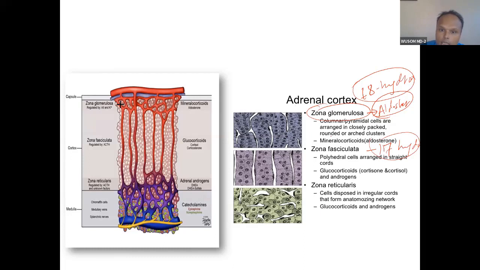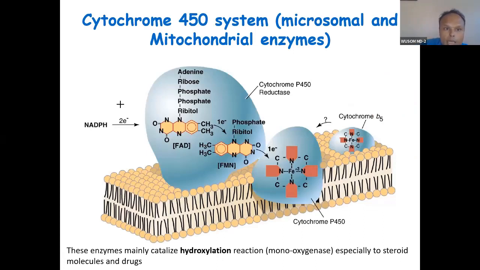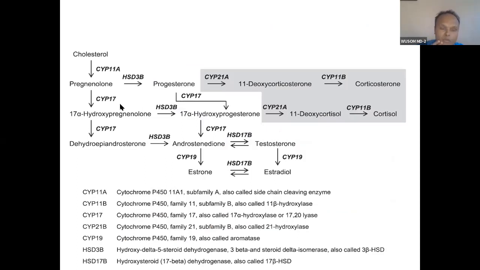So this is salt. As you go inside, it will become sweet. So this is salt, means this is aldosterone. These are glucocorticoid and sex corticoid. So you can see this is the main enzyme. You will see this is the cytochrome P450 system. I have been telling about this. This is the main enzyme that is actually responsible for the hydroxylation reaction. This group of enzymes will be there for hydroxylation. The cytochrome P450 system of enzymes will be there. So these are the synthetic pathways you must have gone through, you must have studied.